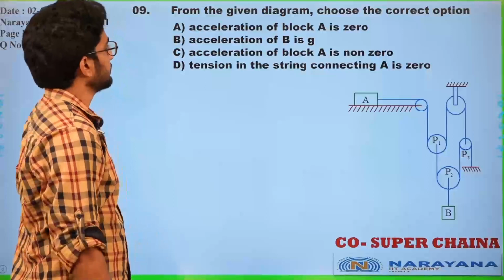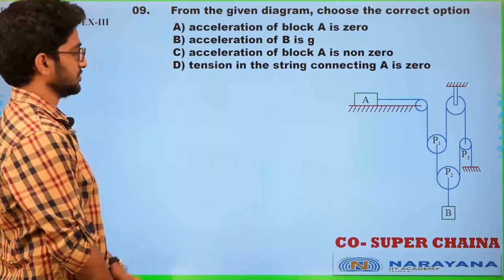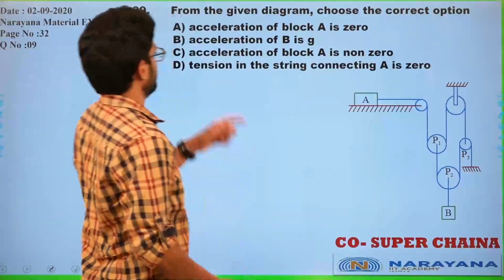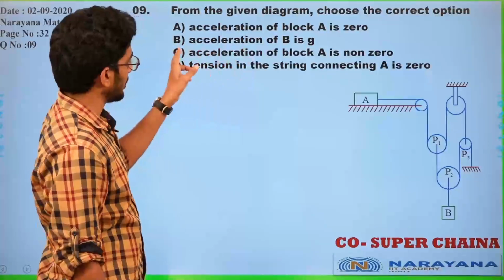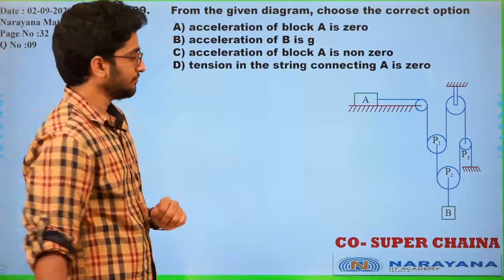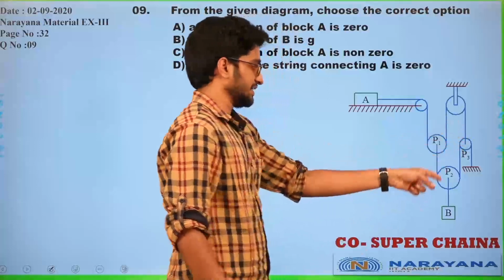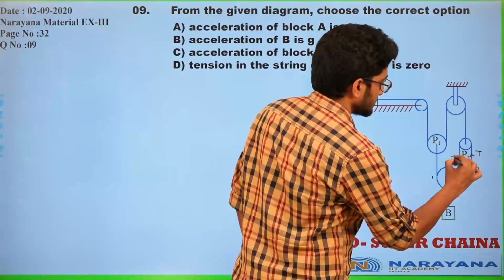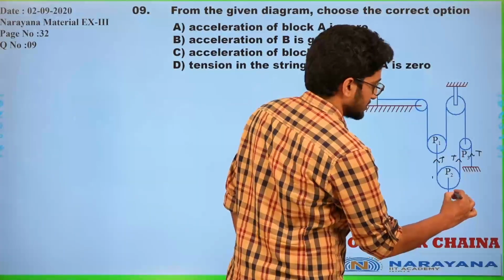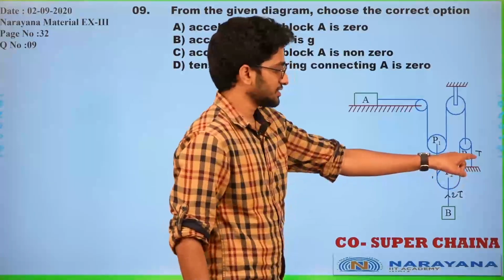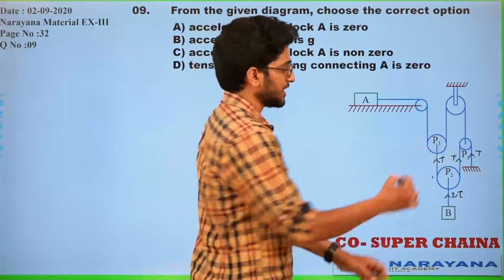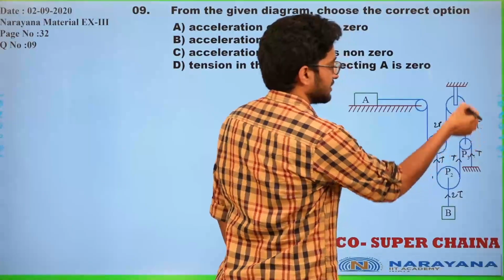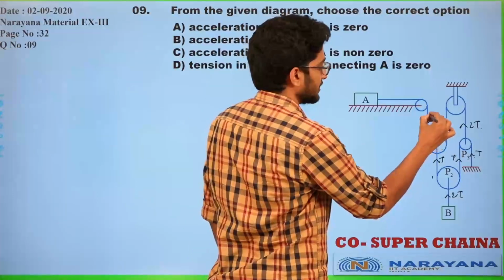So there is another question here. From the given diagram, choose the correct option. Okay. So there is a diagram given here, pulleys and strings. So now let's see the statements. You need the acceleration of block A and the acceleration of block B, basically, right? So we'll start by assuming tensions, because in a single string the tension should be the same. So if I assume the tension in this string is T, then the tension here is T, the tension here is also T, and the tension here is 2T. Okay. Now if this string tension is T, T and T, a total of 2T is acting on this. It's the same string, so there is 2T everywhere.